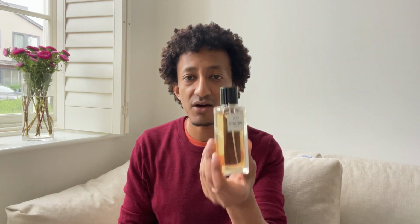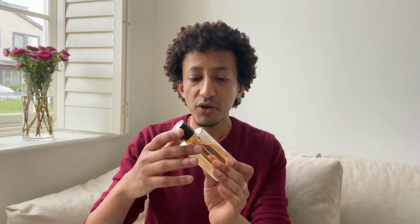So, we got quite a few perfumes to get through, so I'm gonna start with Chanel, because I'm a huge fan of the house of Chanel, as many of you may or may not know. So we're gonna kick off with Chanel's No. 22. This was a recent pickup. I think I got this a couple of months ago,